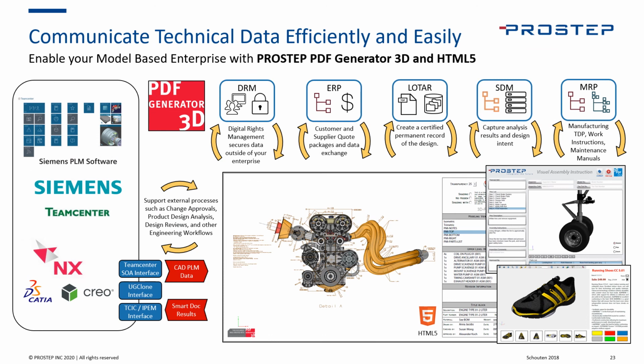And then finally, our 3D PDF generator that can generate both 3D PDFs and HTML5 using data out of Teamcenter. And this could be done for different purposes, right? It could be to generate maybe a quote package that goes through your ERP. For archiving, you can use that in conjunction with a STEP file, possibly for long-term archiving, to capture different data for analysis, or to provide work instructions or maintenance manuals.